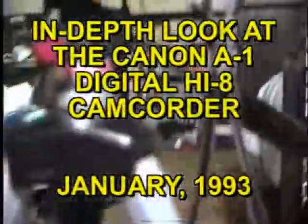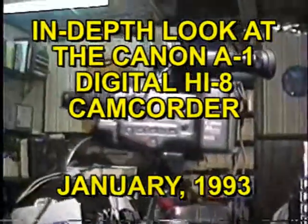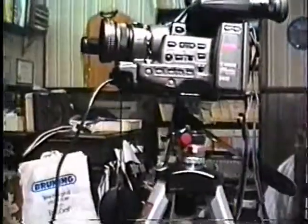Okay, Carrie, we are back to substandard quality once again on the old way of doing things, the old Panasonic. Let me show you this sucker really up close. I'm going to do a little macro shot. There she is. Look at that. That's something else about the Canon. You can get a lot closer than this damn thing. There's the camera. Let's go into macro and show you what all this...